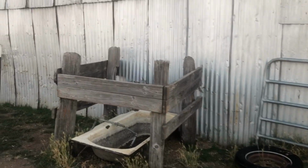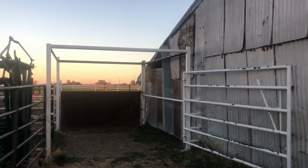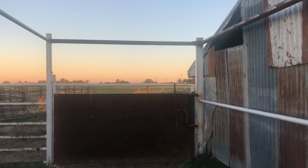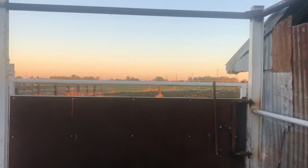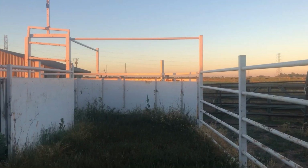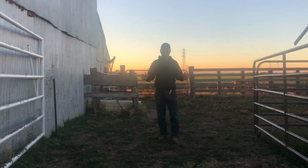After the cows make it around this horribly placed water trough, they will find themselves in this short alley. And when they get down to the end, they have to make a decision. Do I turn left or do I turn around? Now, ideally, when they turn around, they will see this, a person standing here, so hopefully they make the decision